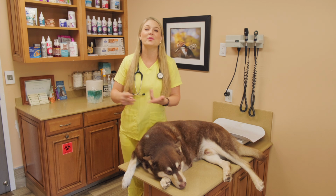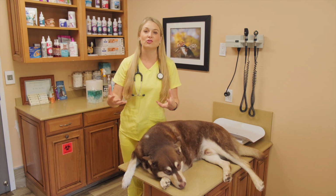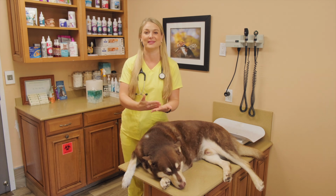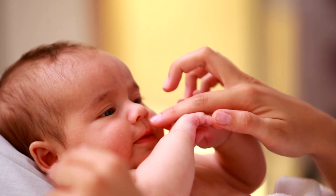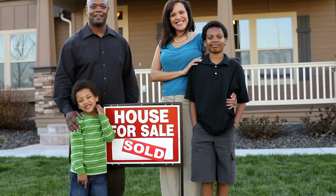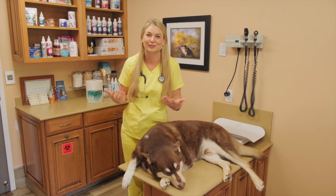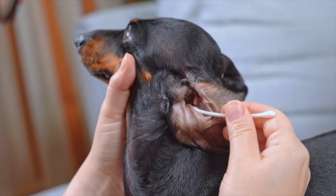Unfortunately, guys, when the economy's not doing well, or if you're going through financial stress, pets are always the first ones where we cut their expenses. We see it every day at a veterinary hospital when people are going through things like a new baby, or they just bought a house, and they need to save money. That's just how the world is. Humans come first, right? So let's jump into the first way that you can save money, and that is by